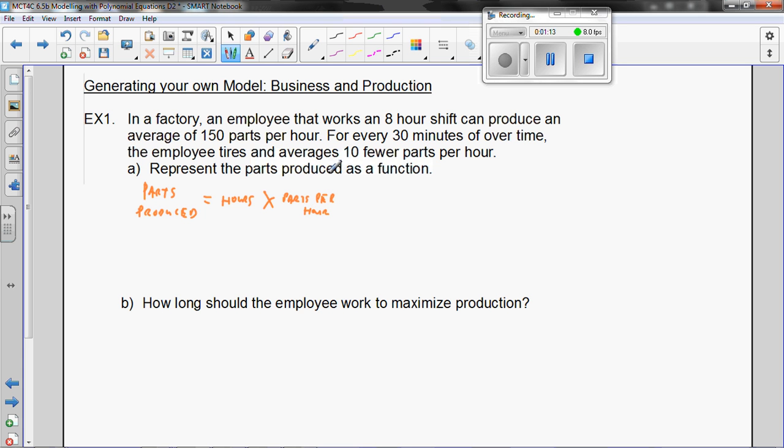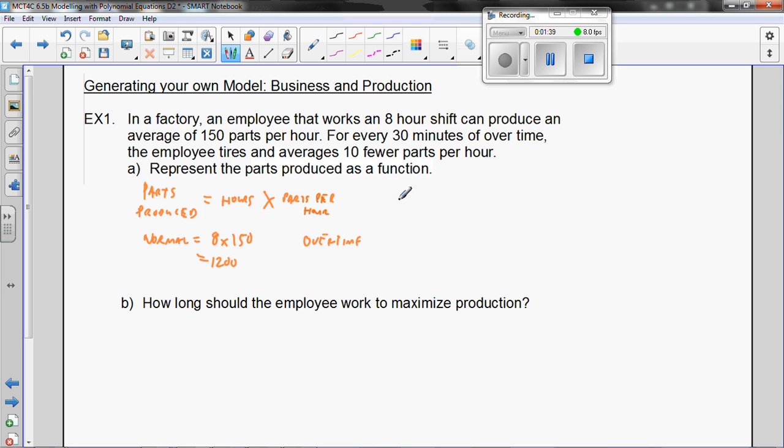And there's two parts to this question. There's sort of like the normal work day is 8 hours, 150 parts per hour, right? So on a normal work day, 7 till 3 or whatever it is, that's 1,200 parts they could produce on average. But for overtime,